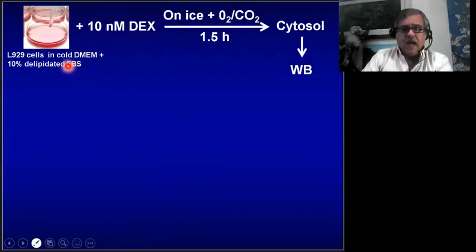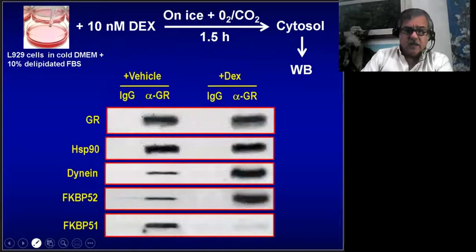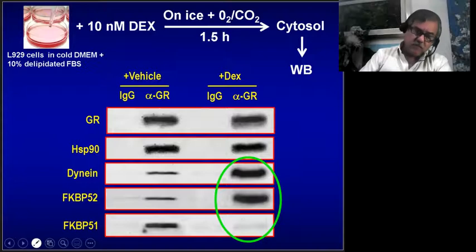Fibroblasts were placed on ice and stimulated with a steroid. This permits steroid binding to GR, but not its translocation, which is an energy and temperature dependent phenomenon. GR was immunoprecipitated. Clearly, the immunophilin FKBP51 is released from the complex upon steroid binding. At the same time, FKBP52 is recruited as well as binding. This makes sense because the receptor should move towards the nucleus.